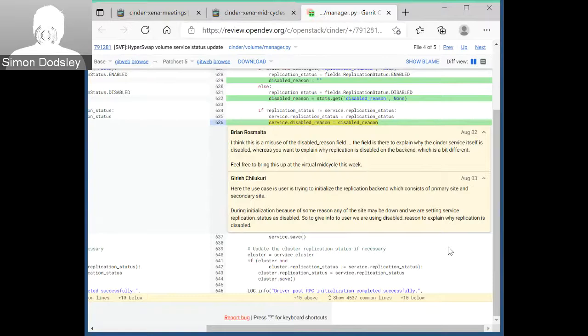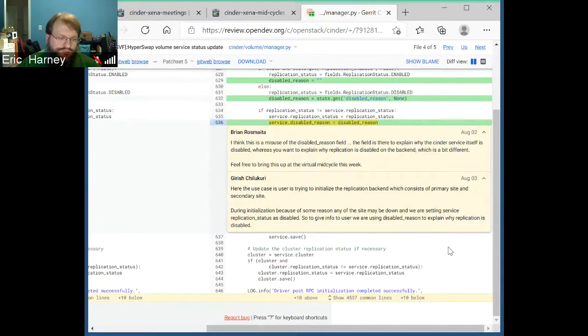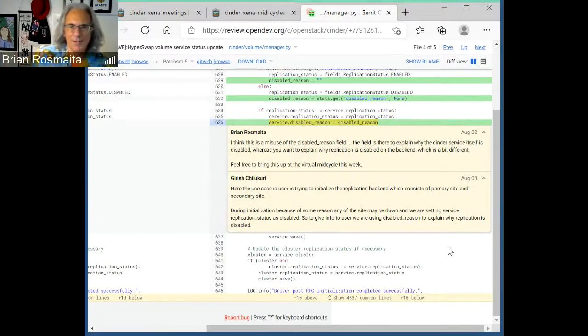Yeah, we can have multiple replication targets and only one of them may be down. How do you represent that? Right. Yeah, I don't have an idea at the moment.